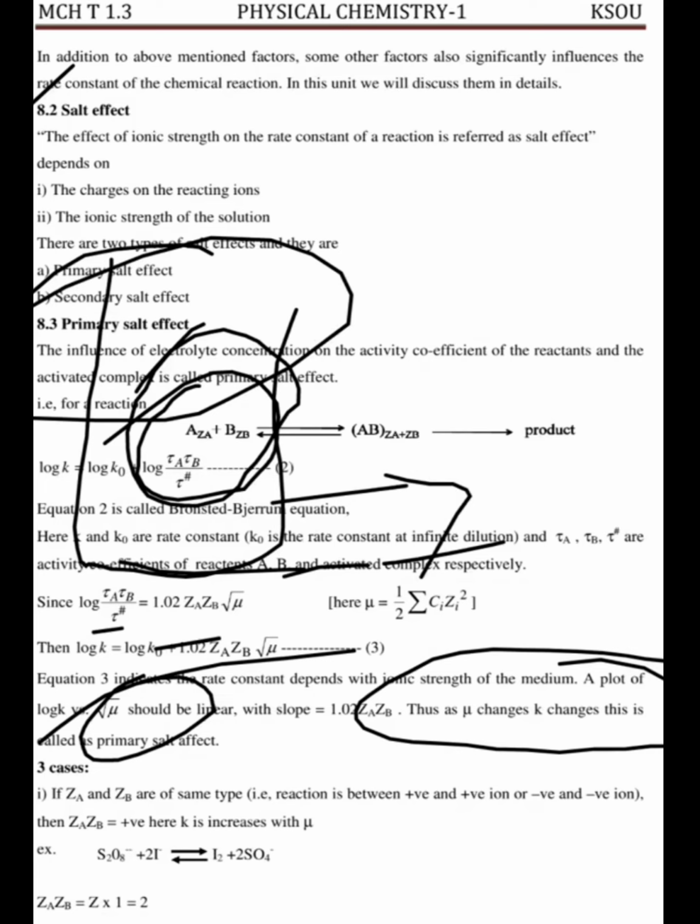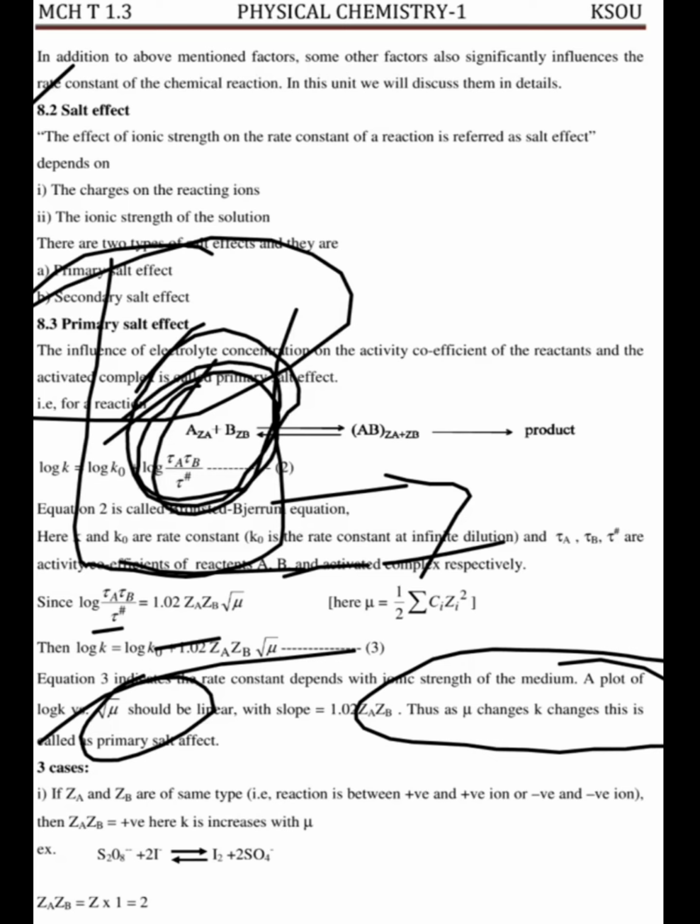And here three different cases are given. Varying the concentration means different ionic strength or different charges present in the reactant. Now A and B have different charges present, one plus and one minus. So here we are taking three different examples. In the first example,